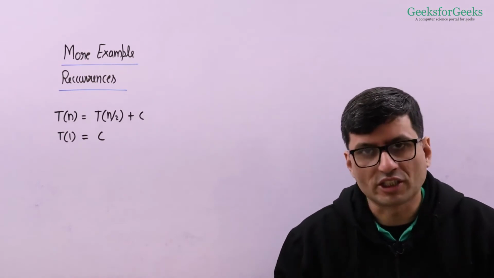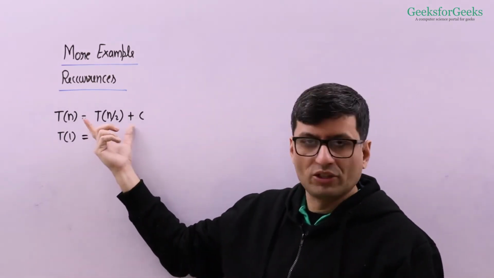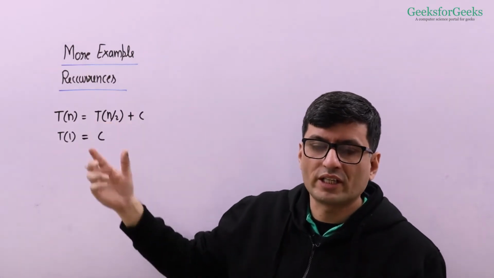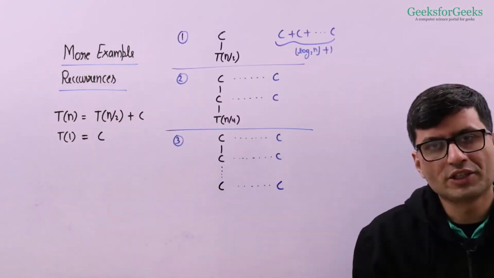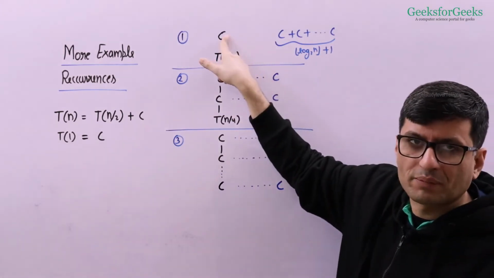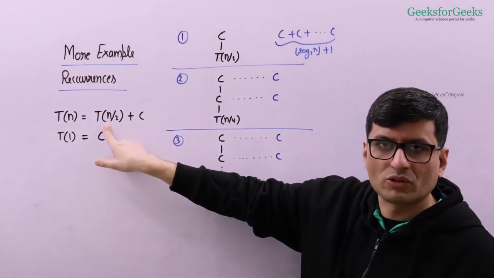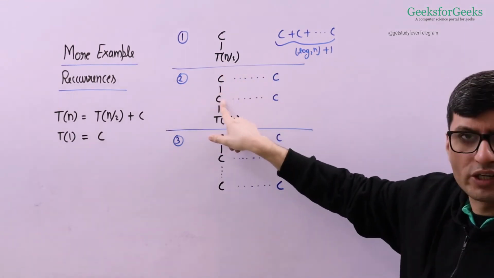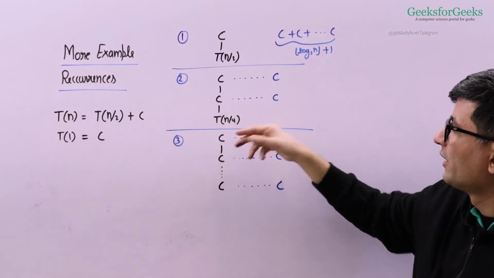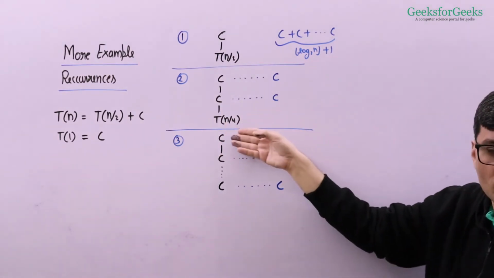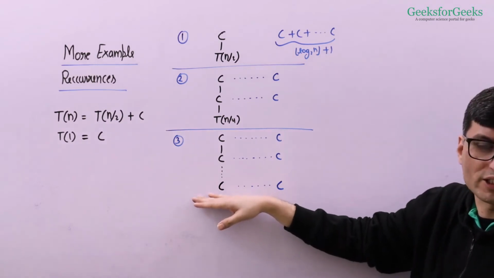Here is one more exercise for you. Please take a closer look at this recurrence, pause this video, use the recursion tree method and find the value of Tn. Here is the recursion tree method solution. We first write the non-recursive part as the root. There is only one recursive call, so we write one child. Then we again break it further, non-recursive part as root and its child. Now we see a pattern. We are doing C work here and C work at the next level also, and C work is going to happen at the last level also.